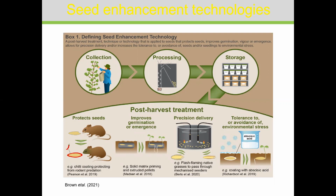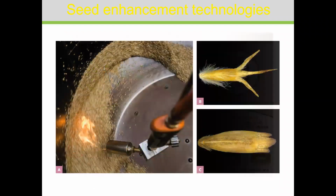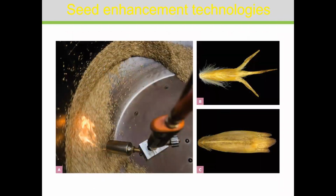Or if we could have a way to provide different levels of dormancy with one process of setting out the seeds, we can have seeds that will germinate over perhaps as many as 5 different seasons, and hopefully one of those will have the right rainfall regime to carry the plant through from germination all the way to a juvenile plant and adulthood. Right, so this is a slide showing the